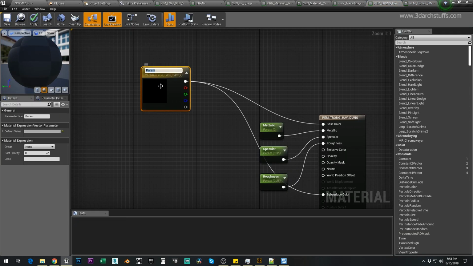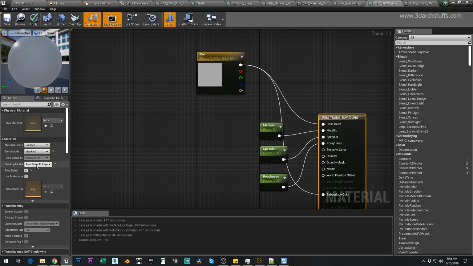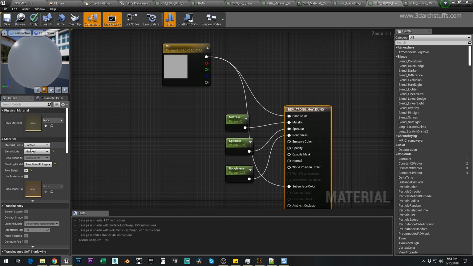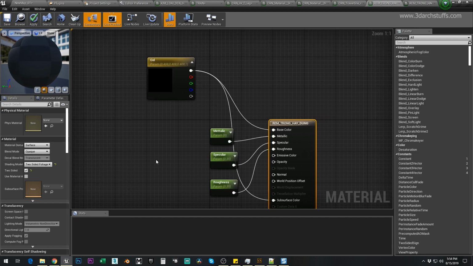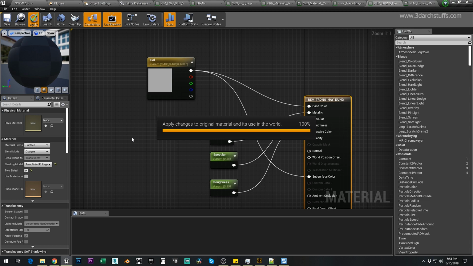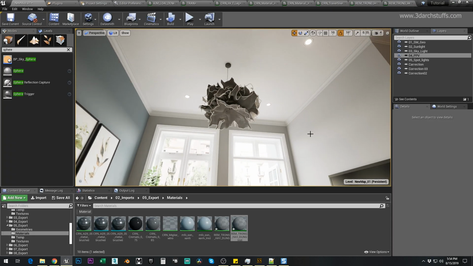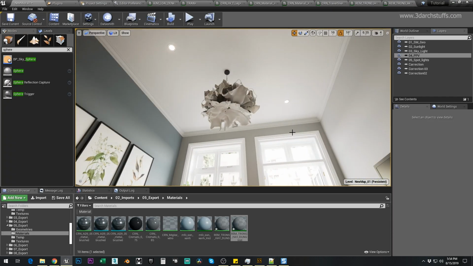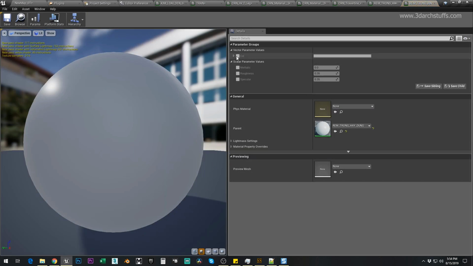Right click, color, and we can make it two-sided, masked. I don't think we need masked here. Let's go ahead